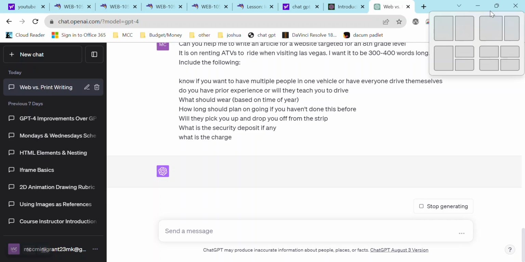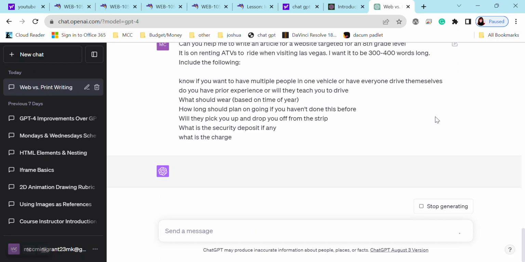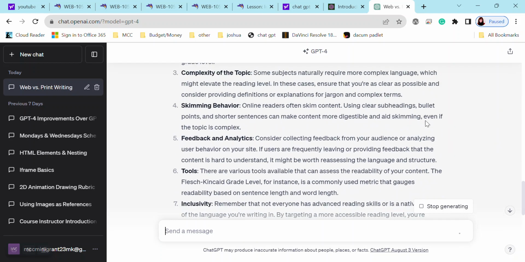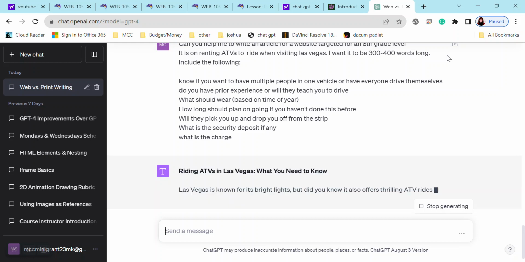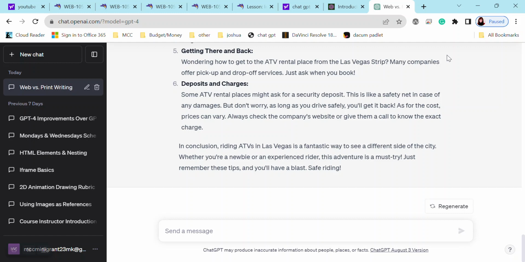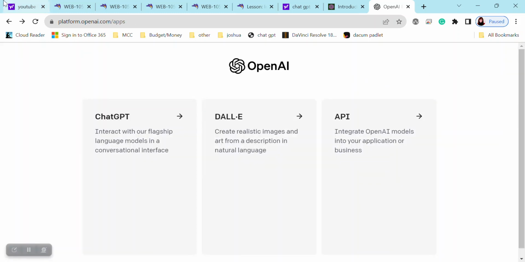So you don't want it to just write an article for you. You want it to be based on information you're putting in and having it flesh it out. It's thinking. Now it's important to note that you need to proofread this. So this is something I actually did on my last vacation, so it's something I know a little bit about. So I should be able to proofread it and fix it. It's thinking. There we go.